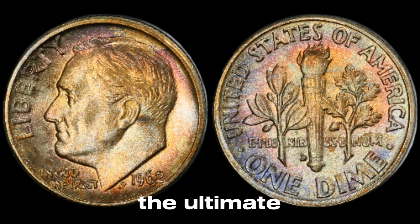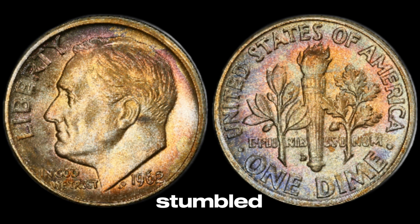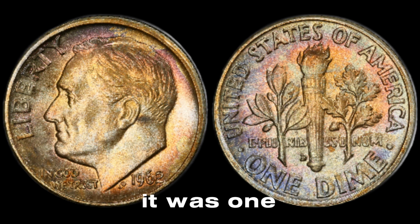But what is the ultimate factor that pushes the value of some 1962 dimes to $41 million? The answer lies in one incredible discovery. In 1999, a numismatist stumbled upon a special 1962 dime that would forever change the coin collecting world. This wasn't just any dime, it was one with a double die